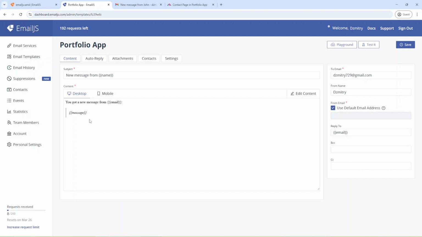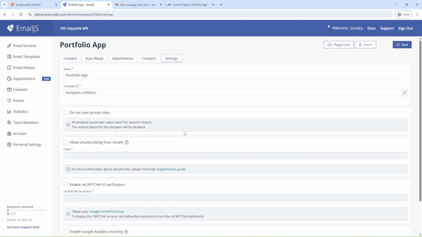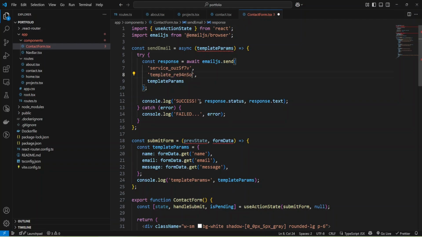Basically, I just applied the basic template that they provided and changed it a bit. And now we need template ID, and you can copy it from settings. Okay, and I will provide it here.